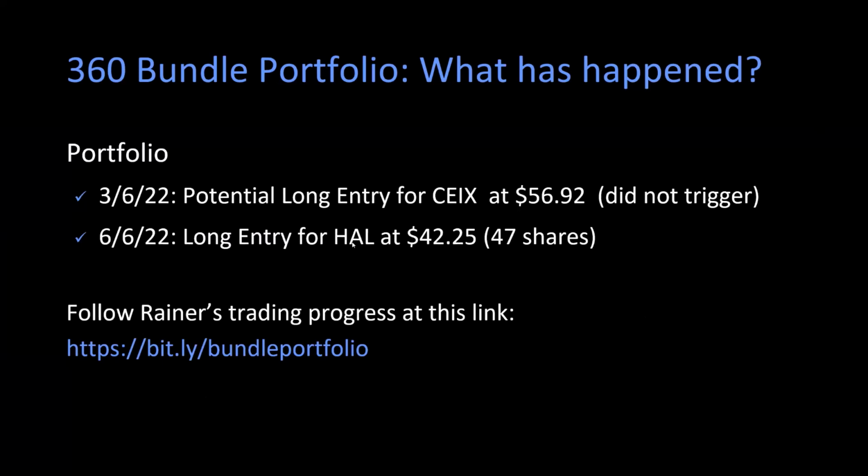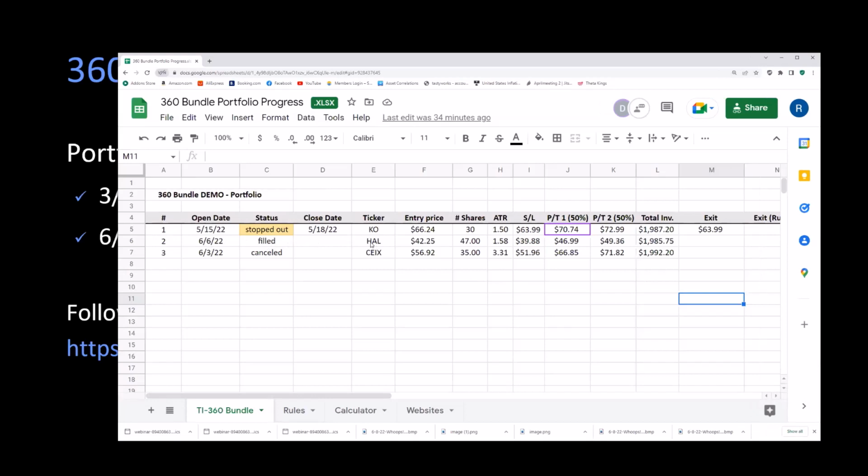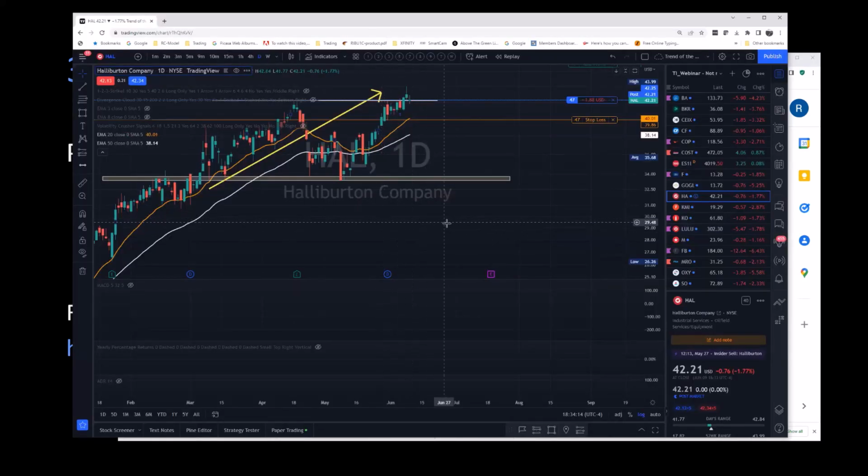And we have Halliburton. This is a company that is always in high demand when there is restructuring, industry, oil, energy stuff, if there has to be rebuilding. So this is always a strong thing. I show you this one here. We have them here, you see, filled. I put filled in here on June 6th. Halliburton with 47 shares. In between, we were up quite a bit. Now we're actually a little bit down, but I still think that Halliburton is going to go up. It was on the 6th when we went in here.